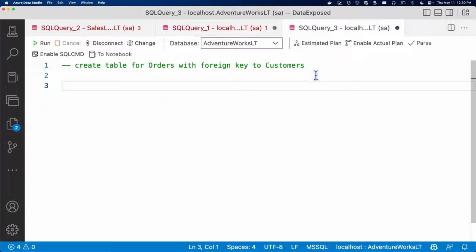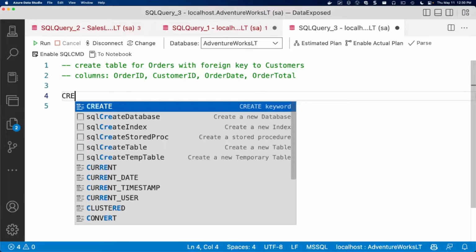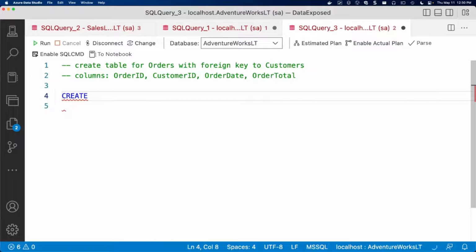If you're starting from scratch even, so let's just say I need to create a table. Let me put columns. I don't like those columns. Let me do order total. So I'm going to create a table here that's for orders. I know that I wanted to relate it to my customer table, and I've got some column ID ideas that I want to use. So let me just start writing my create table